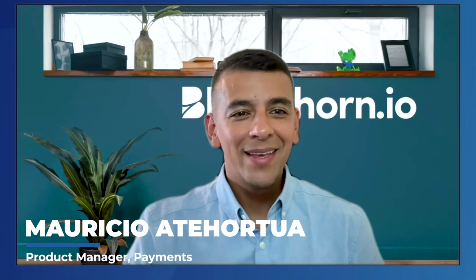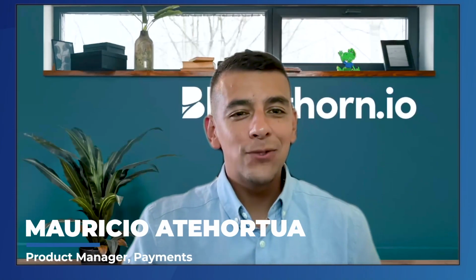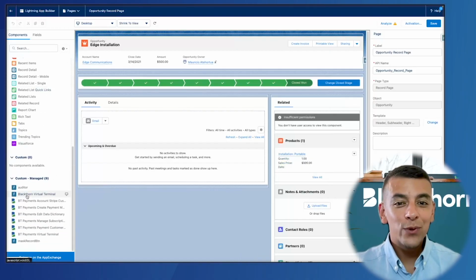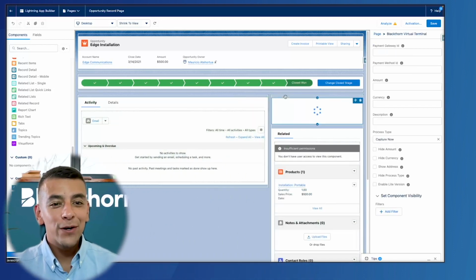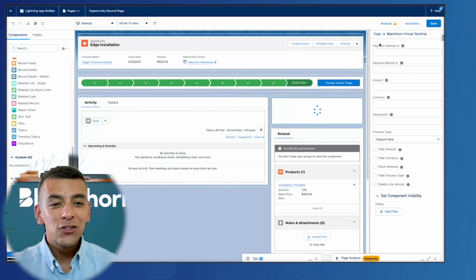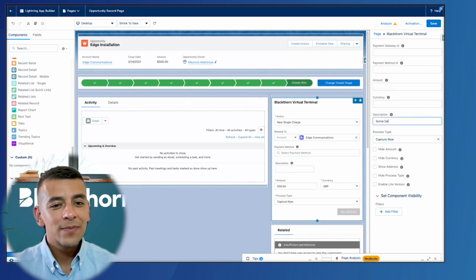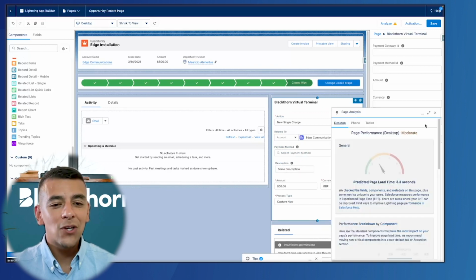Hi again. I'm now super excited to talk to you about the Blackthorn Virtual Terminal, because as an admin, I can simply drag and drop the terminal wherever I need it. I can configure a lot of the appearance and the behavior to adapt the terminal in a multitude of ways to meet various requirements, while still providing a customized user experience everywhere I'd like to use the terminal as part